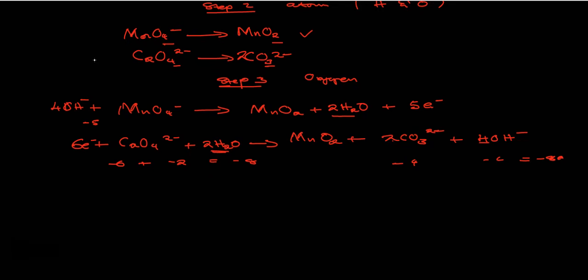How are we going to balance? To balance these electrons, now we are going to multiply. Here we have the whole value of 8. How many electrons do we have? Here we have 6. Here we have 5. So we are going to exchange. This is going to be multiplied by 6. This one is going to be multiplied by 5. So if we start multiplying 6 times 4, we have 24